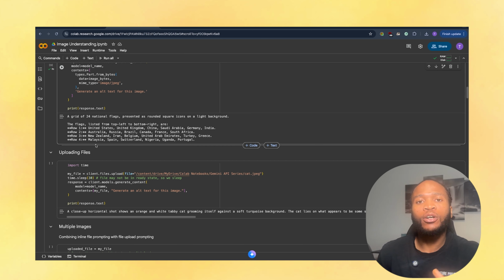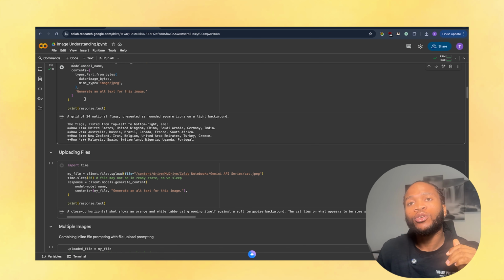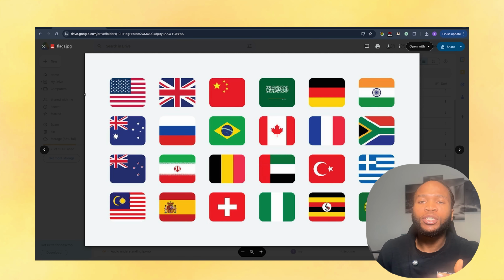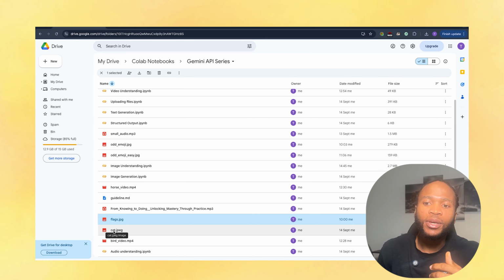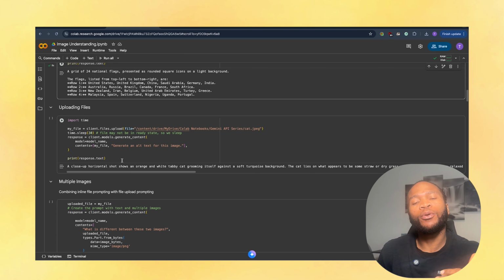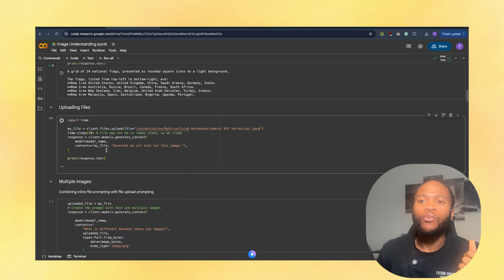I have covered how to upload files in a previous video. I will link it up somewhere here, but for the purpose of this tutorial, we will be using one of our popular images, the cat image that we've been working with, and we'll be uploading it to Gemini and prompting it for some understanding of the image. So I will just run this here, and we should see that it successfully generates an alternative text of the